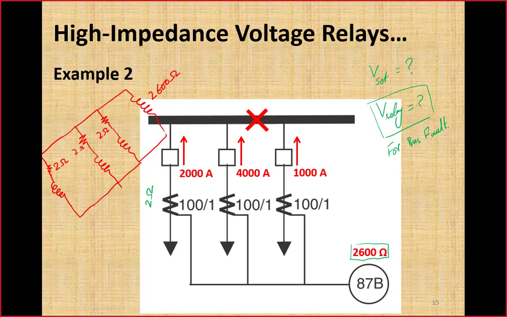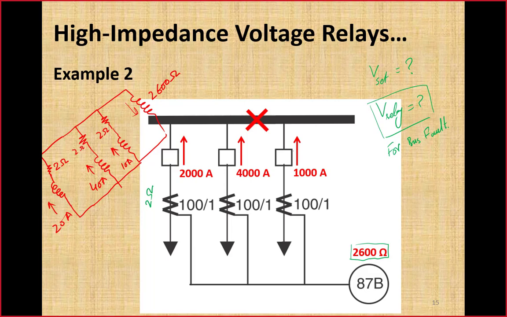so that is 2600 ohm. Now, in case of fault on the bus, the direction of fault current is same. So here this branch would carry a current of, according to this, 20 ampere. This branch would carry a current of 40 ampere, and this branch will carry a current of 10 ampere. And this current will flow through this high impedance branch of the relay for internal fault. We will calculate it later.